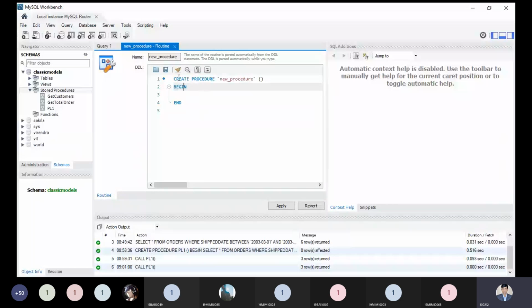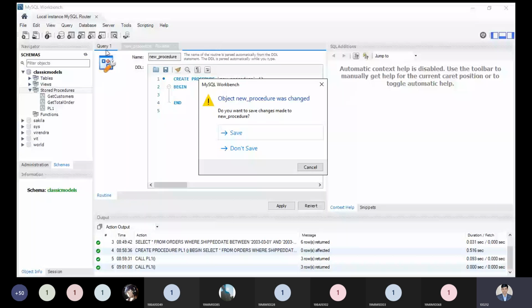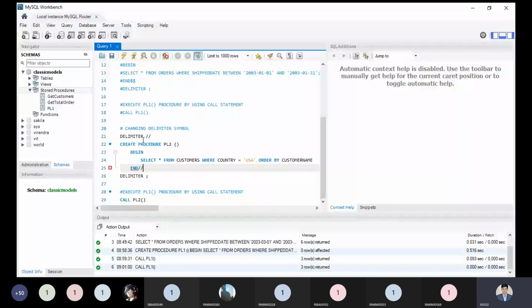But now see, here we don't have the delimiter. So why don't we have a delimiter? Because in this tab we are separately writing the code of the PLSQL. But if you want to write the code under the query tab, then at that time you need to define the delimiter. Then we are defining the PLSQL block. This is a little bit different. We have to keep in mind, and this is different from the